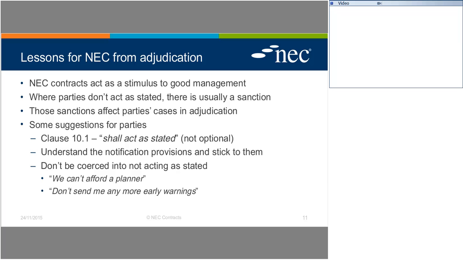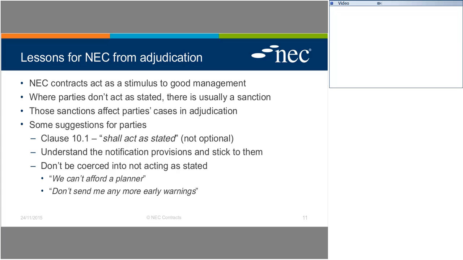I think one of the problems, Patrick, is that people see notifications and the issuing of notifications as being something that's not collaborative, not working together, when maybe the message should be that it's about good management here, isn't it? I'm not talking about it being commercial or contractual. It's actually about good project management, about giving early warnings and managing.